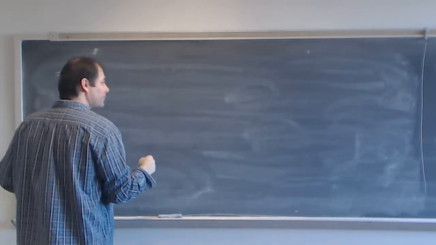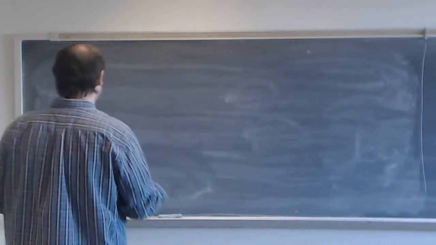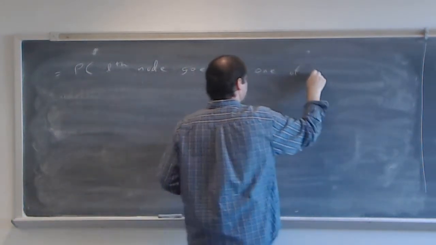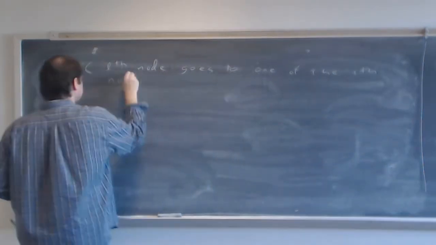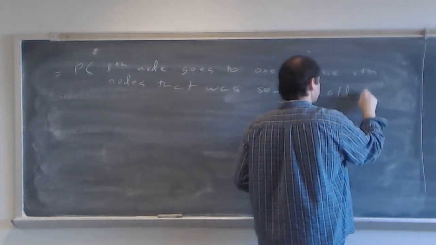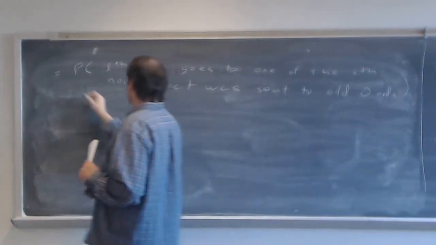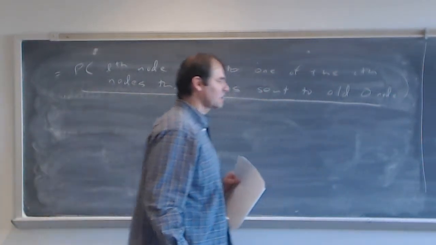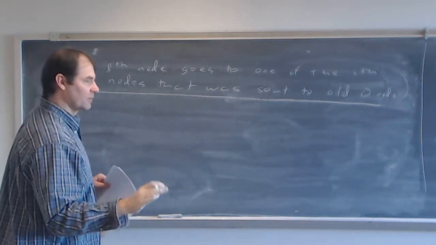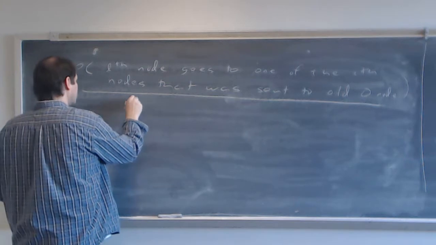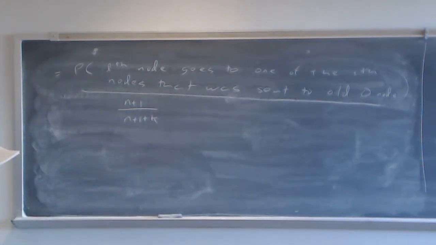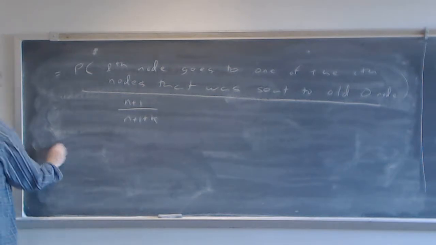This is equal to the probability that the L node goes to one of the I nodes that has an arc to the old 0 node. Over, okay, the probability that L does not go to the I node, I know what that is. That is, it doesn't go to the old supernode, that's what I should have said. Well, that is n plus 1 over n plus 1 plus k, I think. Yeah, that's what that is. And so this is equal to,